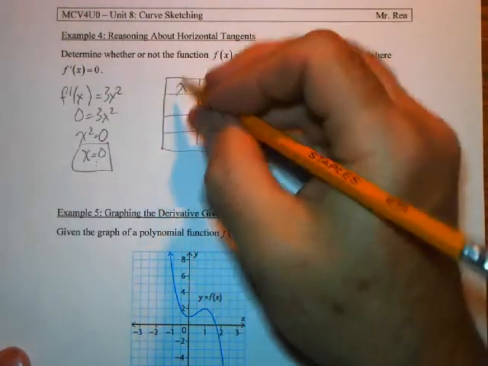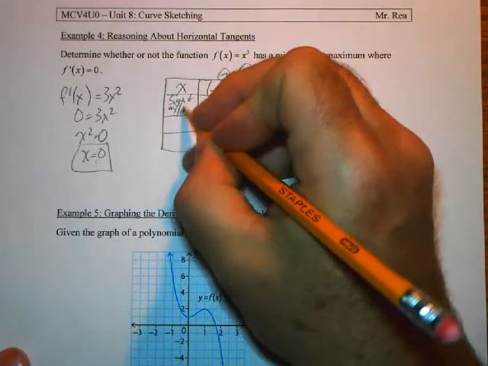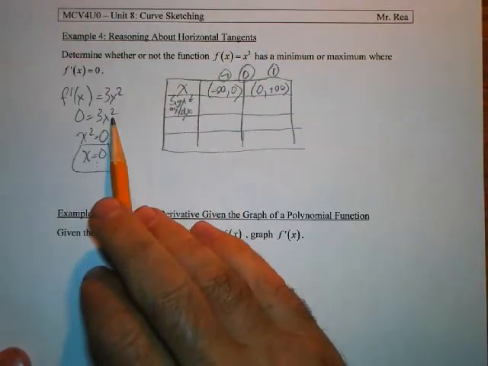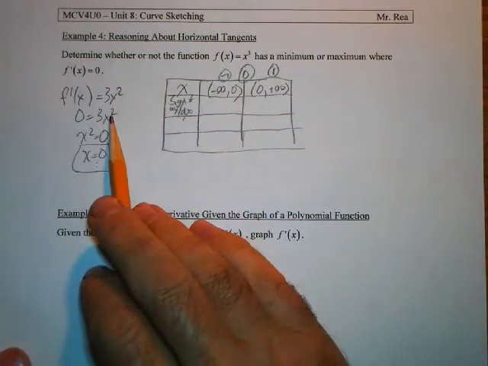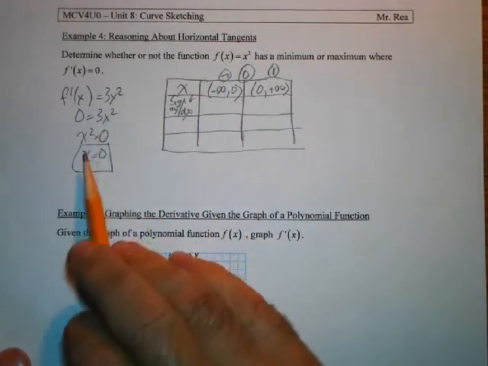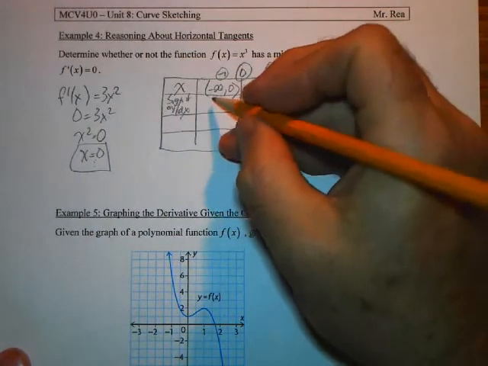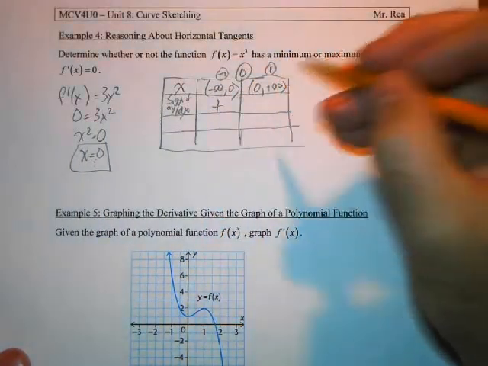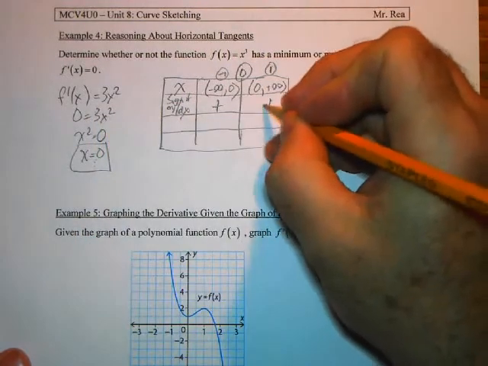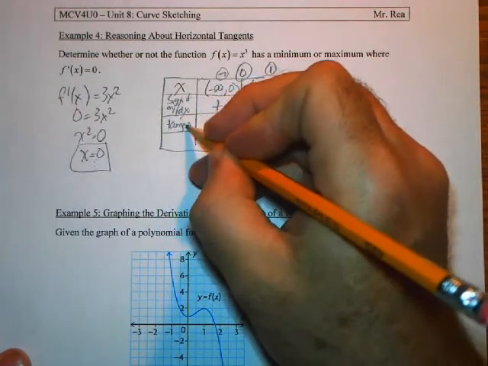Sign of dy by dx, well, if you plug in anything except for 0, if I plug in -1, that's going to be 3 times 1, which is 3. So that's going to be positive. If I plug in +1, I still get 3 here. So both positive. Tangent, both positive, and then